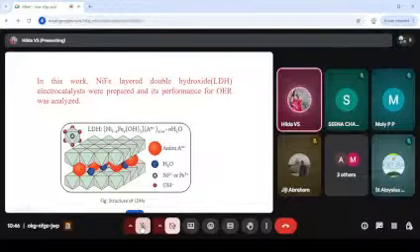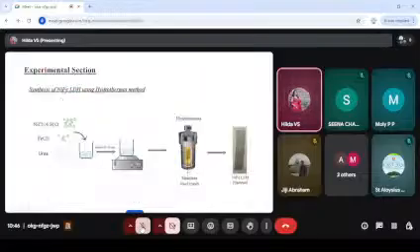There are numerous different types of LDH, and I am focusing on nickel iron layered double hydroxide and analyzing its performance for oxygen evolution reaction. Coming to the experimental part, I did this reaction using a single step hydrothermal method where nickel chloride hexahydrate and anhydrous ferrous chloride along with urea are dissolved in a certain amount of deionized water, and it is stirred